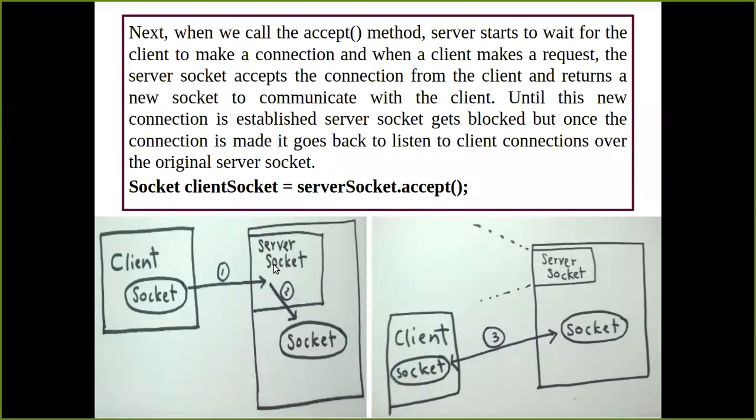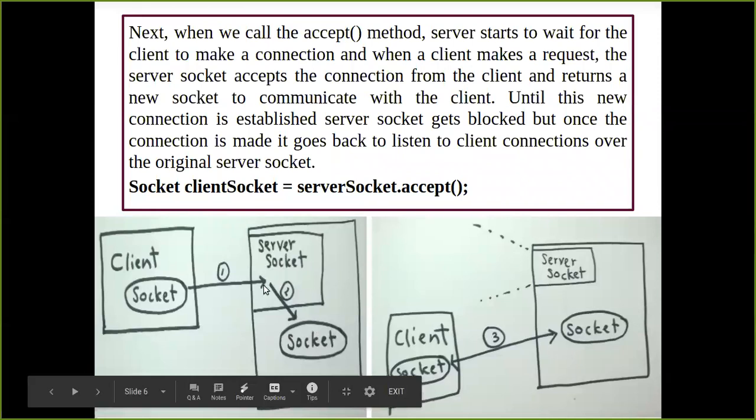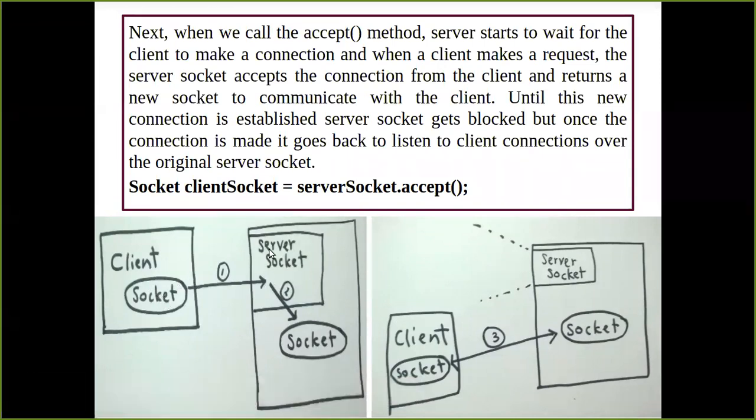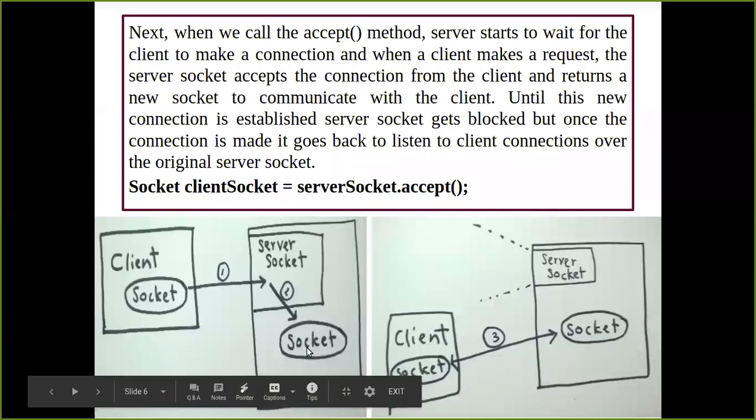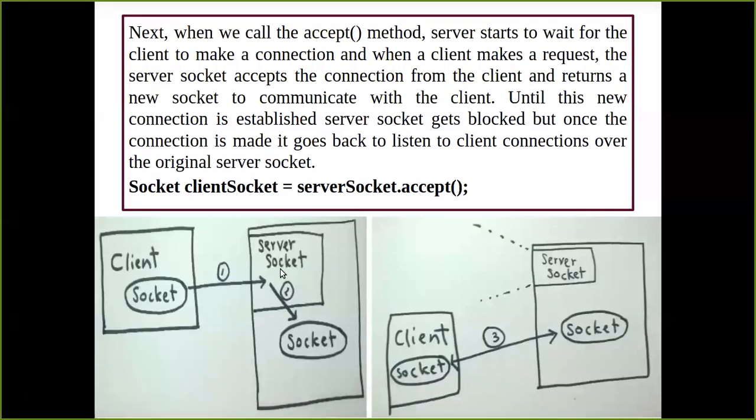Now what I have to do is write one accept method over here. I'm going to code for this also. So what will be the basic structure now? The client is sending a request to this, and it is going to accept the port number from here, as we did in the last slide. Once the port number has been accepted here, it is going to be redirected to here, and here there should be something written to accept that port number, to accept that request from the server socket.